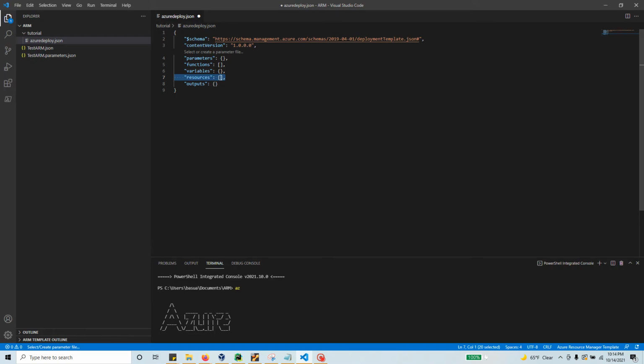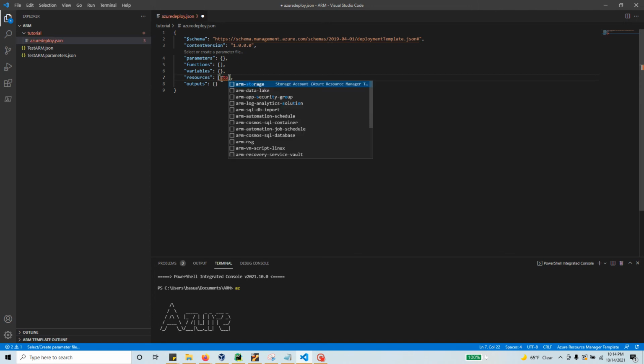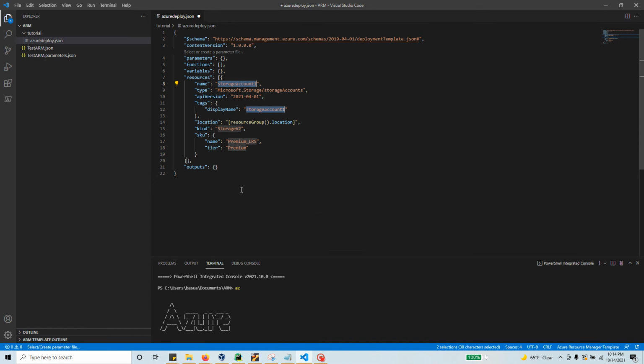Okay, so even over here I'm just going to place my cursor within this square bracket, and if I just start typing the storage, you see there is ARM storage. It's a storage account. It just showed up magically, right? So I'm going to click on that one and see, beautifully it added